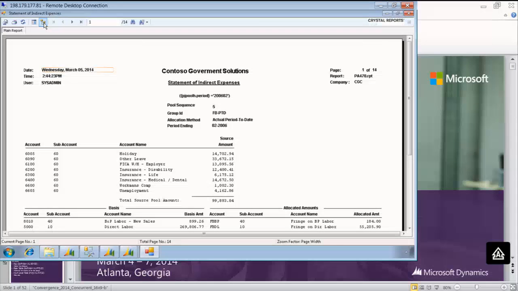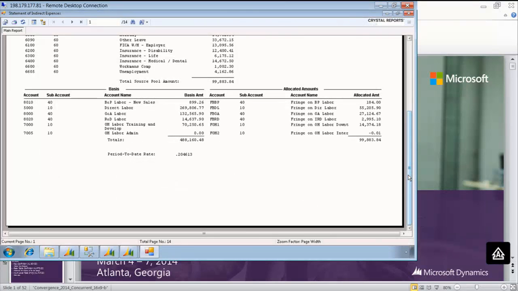Now down at the bottom here, these are the basis accounts that are used to calculate the percentage, meaning I'm going to apply fringe to bid and proposal labor, direct labor, G&A labor. I'm going to apply it to all labor, right? And so I'm using 8,000 accounts and 7,000 accounts and 5,000 accounts where my direct labor is. You'll notice that it takes the top, the source, the 99,000, and divides it by the 488 to come up with what my fringe rate is, which in this case is 20.46 for this particular month. Now this is a month-to-date rate,